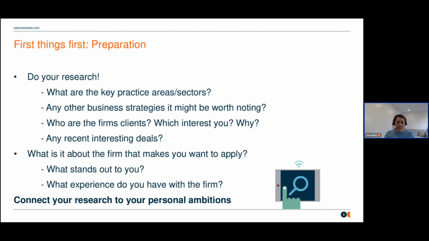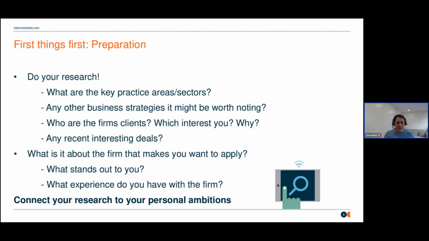So first things first, it's really important that you do spend some time preparing to complete your application form and doing research into the firms so that you can really get a sense of who they are, what they can offer you in terms of training and experience, and also what you can offer to the law firm is going to be really important. So, really spending some time reflecting on your experience, what you want from your future career, where you want to be located, what kind of clients you want to work with, is going to be really, really important